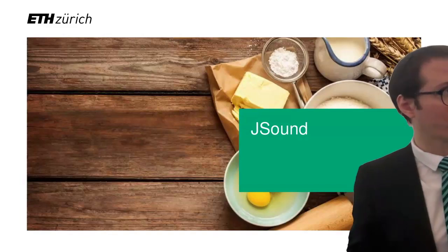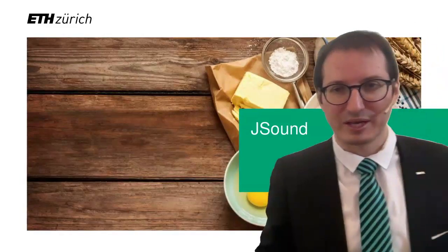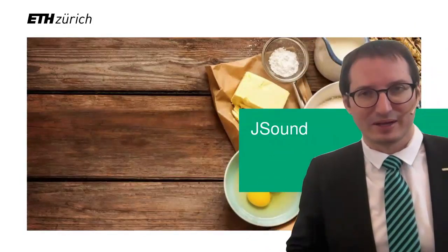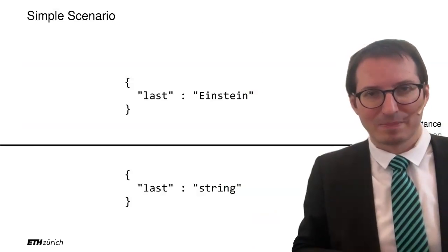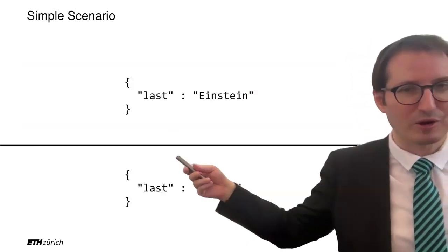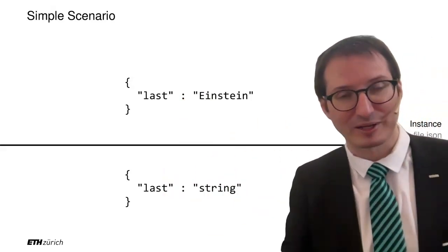The first one, JSound, is for pedagogical purposes because it's easy to learn and it matches the pattern of the JSON. And JSON Schema, which is in widespread use. Then you can even compare the two, and that should allow you to learn the concept. And again, you will see that they all work. All the technologies are good, and it depends on the context and the company that you're working for. So, JSound. We co-designed it with a couple of colleagues for the purpose of having a simple schema language that makes it easy to learn and to teach.